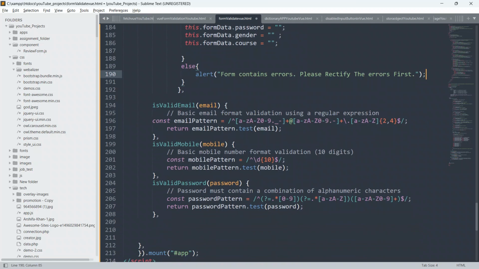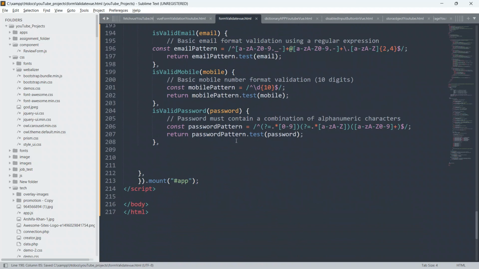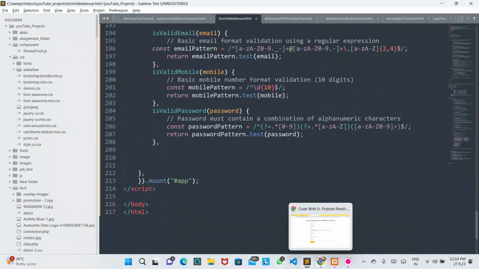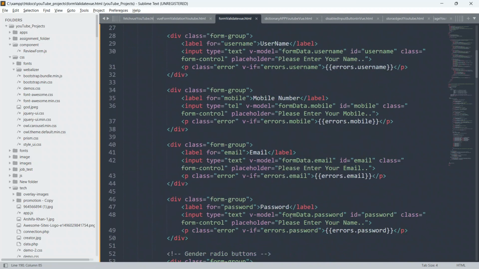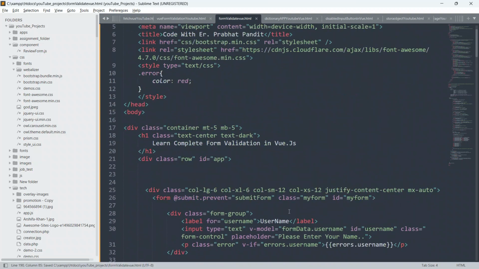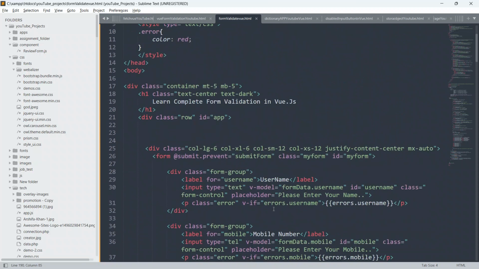Now just save your code, go to the browser and refresh your page. But first, just give me some time. Sorry, it is almost ready, but we have to display to the user that they have submitted this data. How are we going to display the submitted form data fields? We have to do that also.